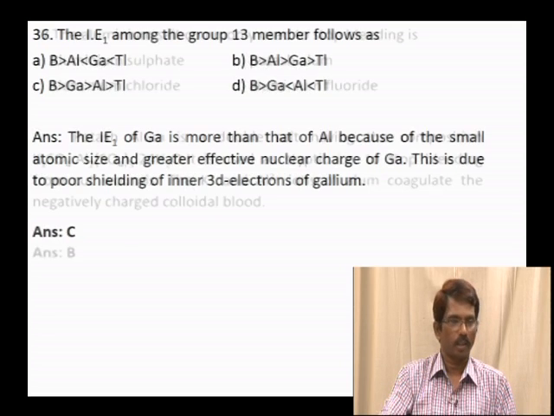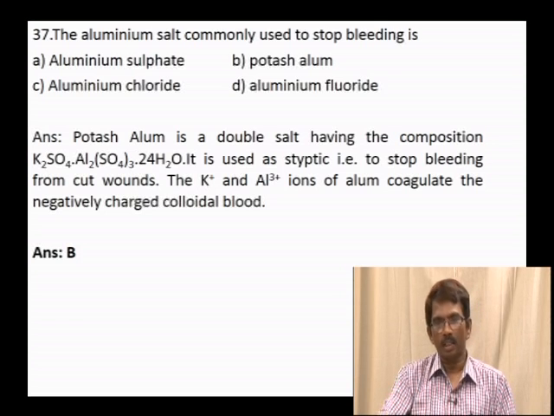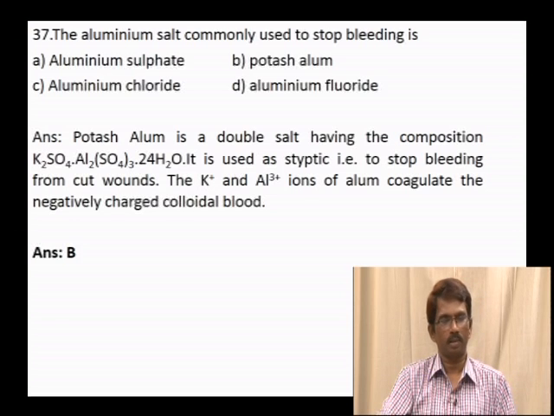is the correct one. In the question number 37, the aluminum salt commonly used to stop bleeding is the aluminum sulfate, potassium sulfate, aluminum chloride, and aluminum fluoride. The potash alum is a double salt. Double salt is normally a mixture of two simple inorganic salts having the composition K2SO4, Al2(SO4)3, 24H2O. Normally potash alum is employed as styptic,